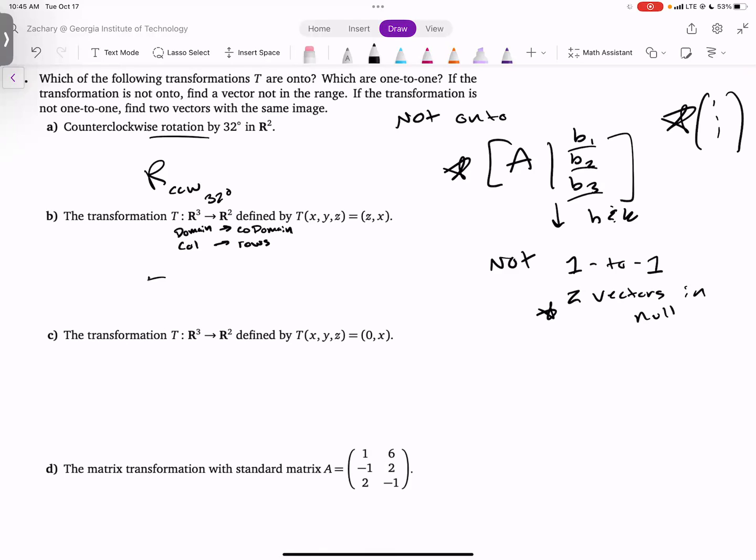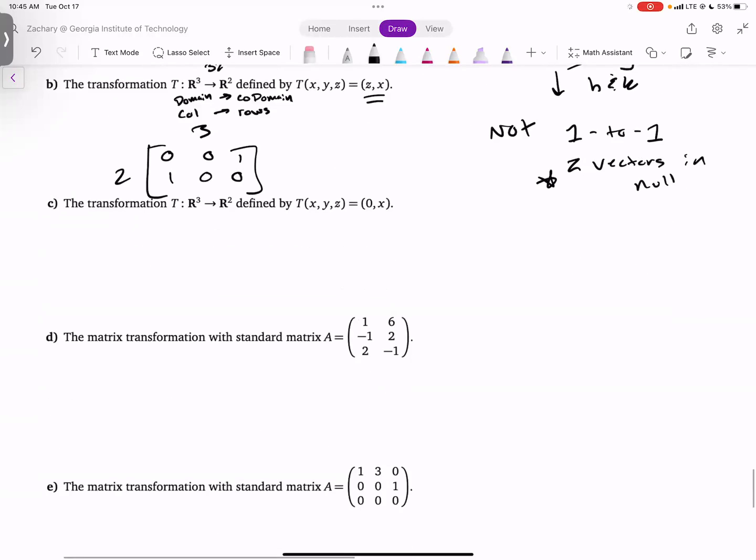For this one, we're going from R3 to R2, so it's a 2x3 matrix. I'm just going to construct these matrices as transformations, okay? This one, we have 2 equations here, z and x. So my first equation is 0x, 0y, 1z. My second equation is 1x, 0y, 0z. This is onto, but not one-to-one, and you can go from there about how to find vectors in the null